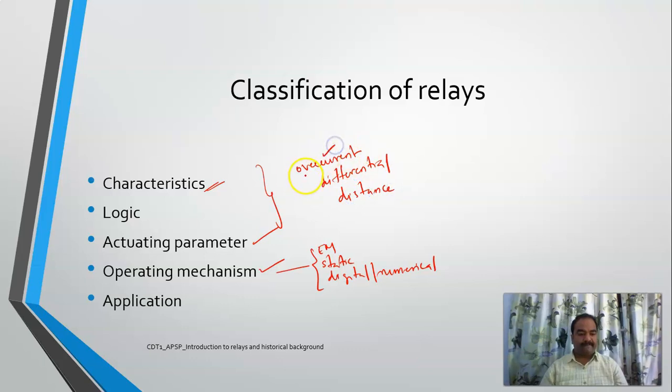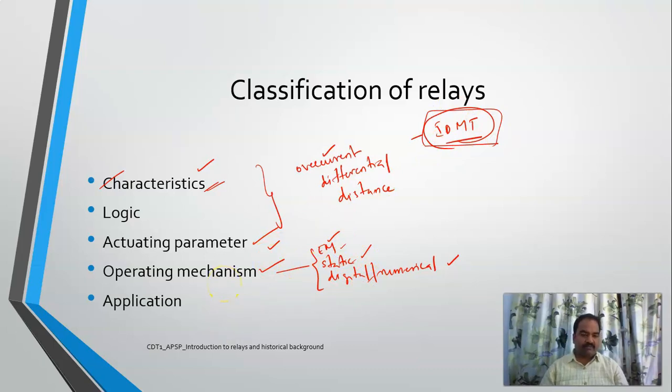See, overcurrent relay, in that there are, let us suppose I'll take an IDMT relay. An IDMT relay, if you classify the relays based upon the characteristics, it has inverse definite minimum characteristics. A little bit inverse characteristics. These IDMT relays can be of electromagnetic type, static type, numerical type also. And they have an actuating parameter of current. If you want, you can convert that current into some voltage also, and you can employ here. So it doesn't mean that the relays are classified based upon only one thing. An IDMT relay can be of EM, static or digital, and it can be used for any application